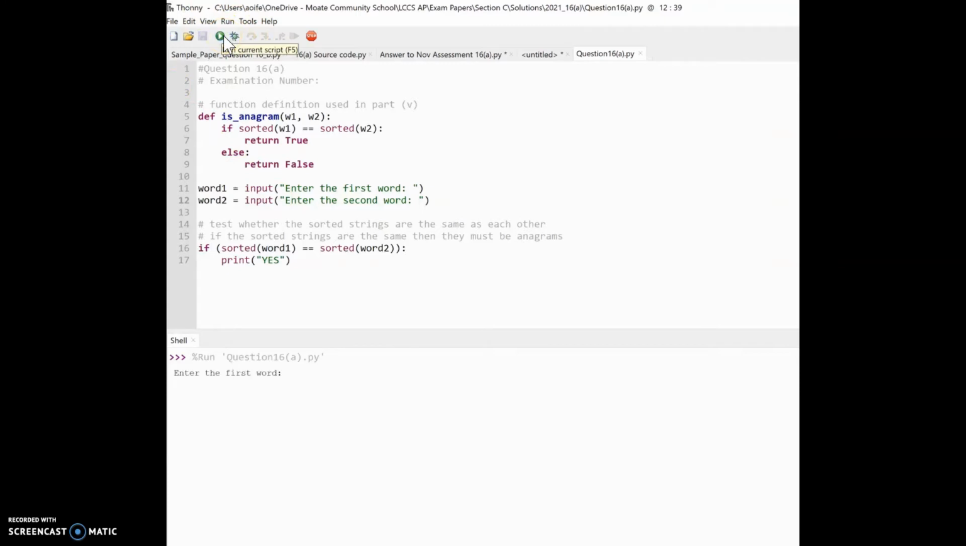So I press run, enter the first word. The first word given in the sample in the question sheet is listen. And the second word is silent. And that gives me the correct output as per question. So that's part 1 complete. So just put in your comments, hashtag answer